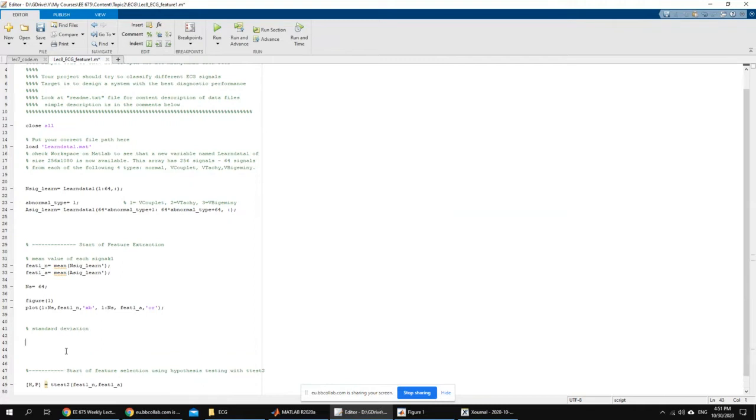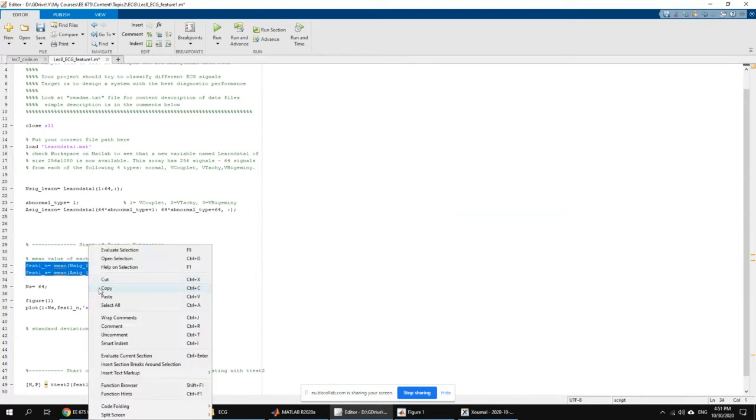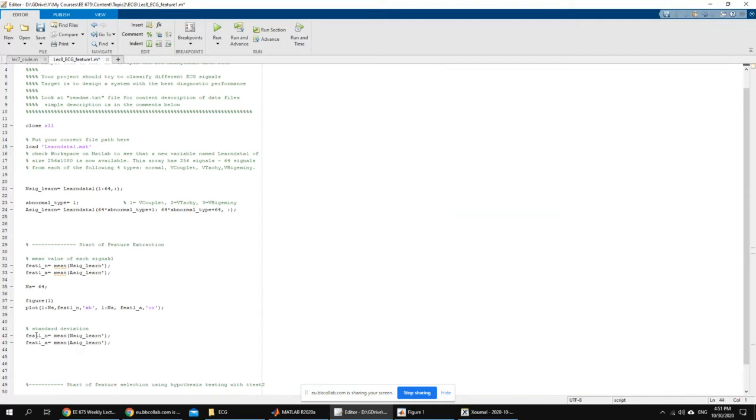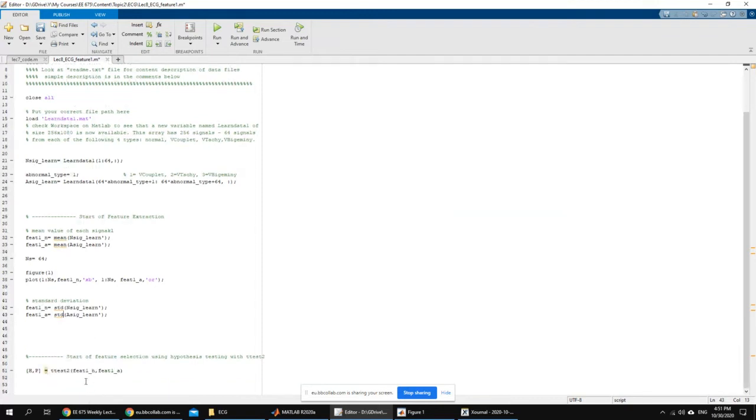Okay, standard deviation is computed very similar here. Basically, it's SDD. I'm keeping it for now as feature 1 so that I can test it right away from here. Okay, and then I'm going to combine all of them and show you a way to compute the p-value for all of them. Okay, so if I do that and run it,